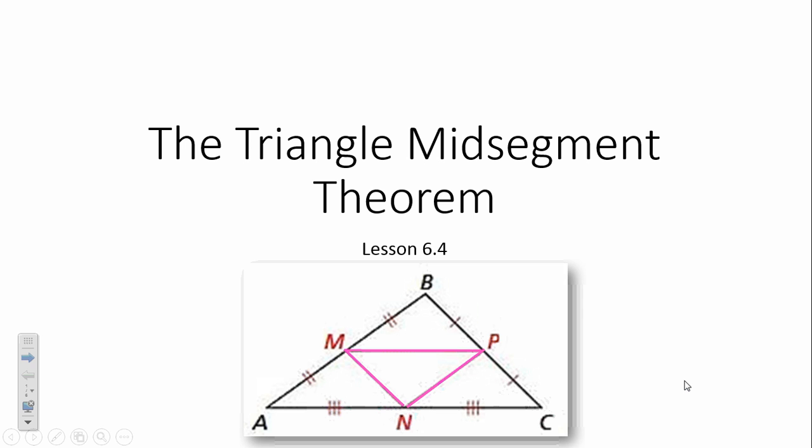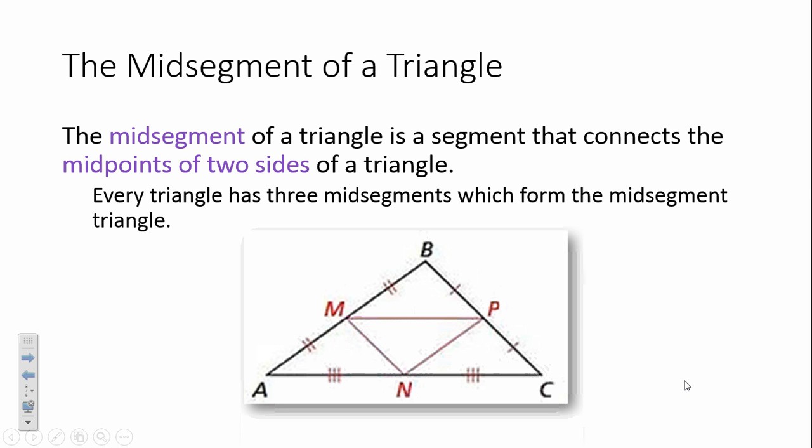Next section is the triangle midsegment theorem. We have a new piece of the puzzle, a new segment that we have to talk about. It's not an altitude, it's not a perpendicular bisector, it's not an angle bisector, it's not a median. This time it's called a midsegment. Okay, the midsegment of a triangle